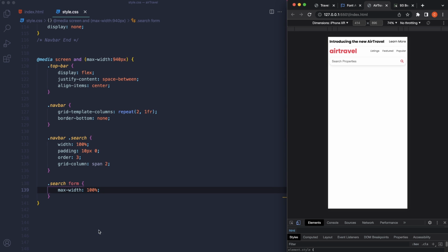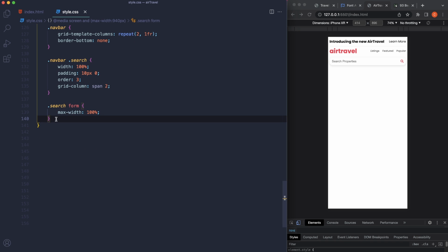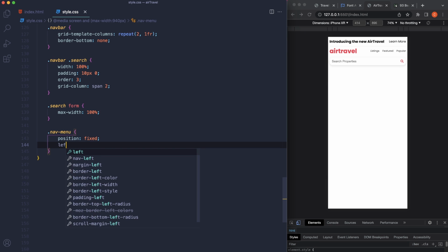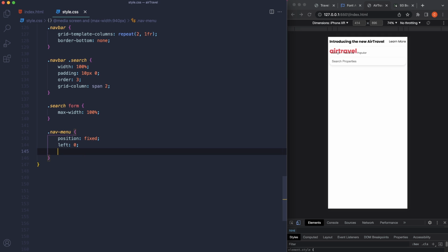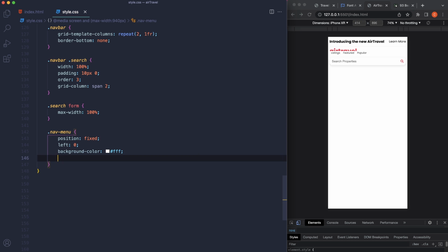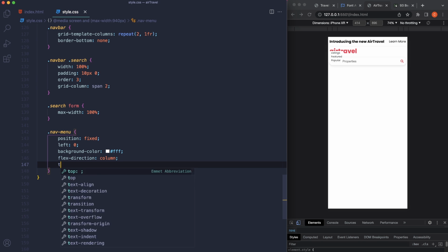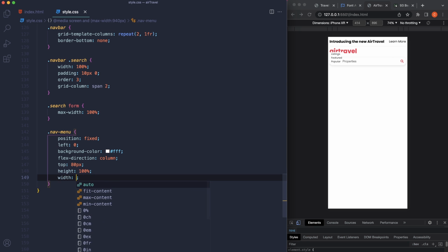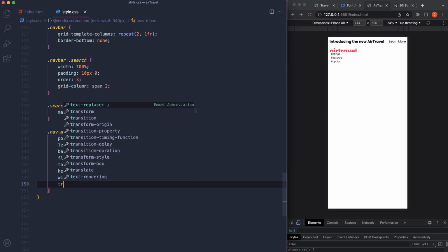So for our nav menu, let's come down here just a little bit. For our nav menu, we want this position fixed. And I'm going to say left. For now, I'm going to say 0. We're going to come back and change this. Then a background, we're going to say #FFF, just like that. Flex-direction of column, perfect. Now top, I want it to be 80 pixels because that's the height of our top bar there, so 80 pixels. And say height of 100%, width 100%, and transition